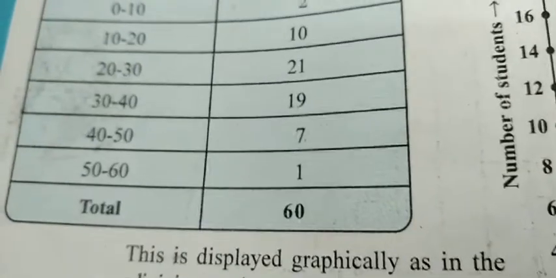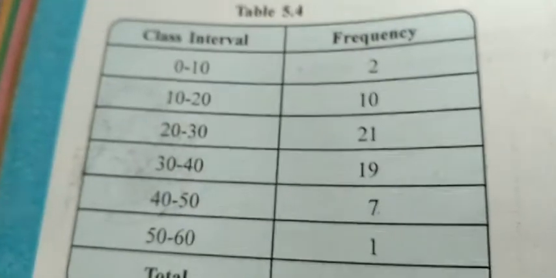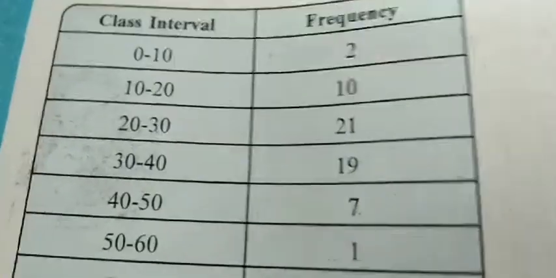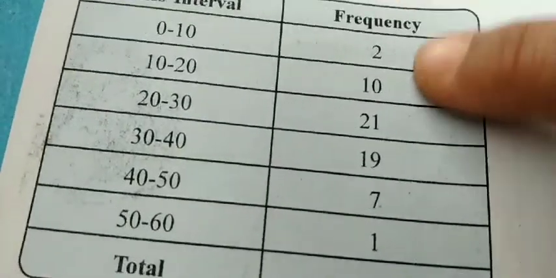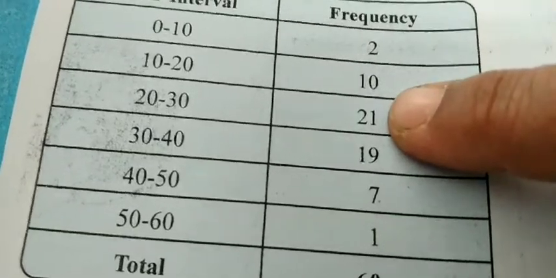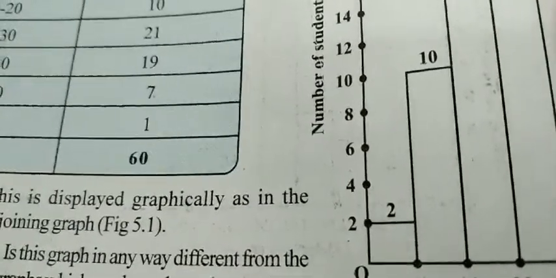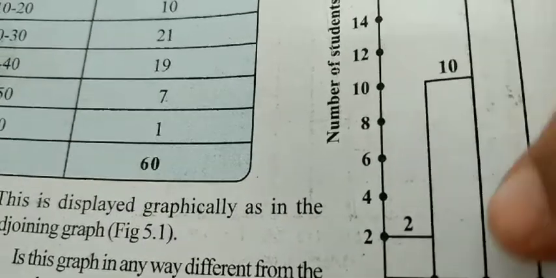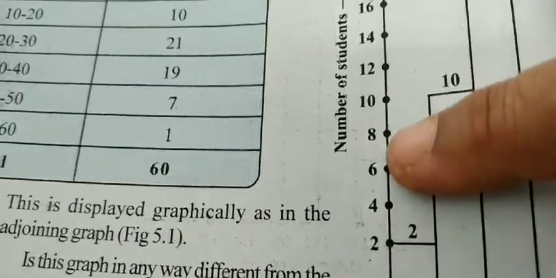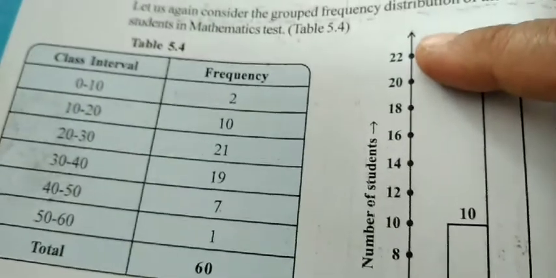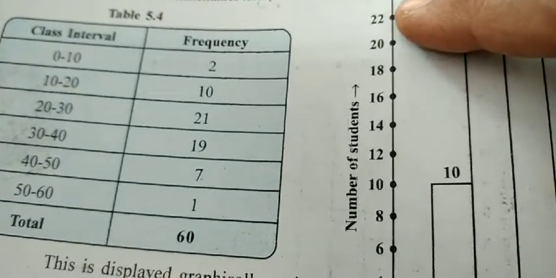minimum frequency 2 and maximum is 60. Sorry, not maximum 60, you can see maximum is 21. You can see the frequency over here, minimum 1 and maximum 21. Accordingly, we have to take the scale on the y-axis. So 1 unit is equal to 2 students. So you can see 2, 4, 6, 8, 10 like that till 22 has been taken and labeled as number of students, and here it is labeled as marks of student.